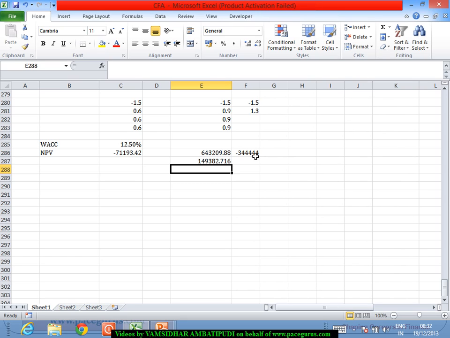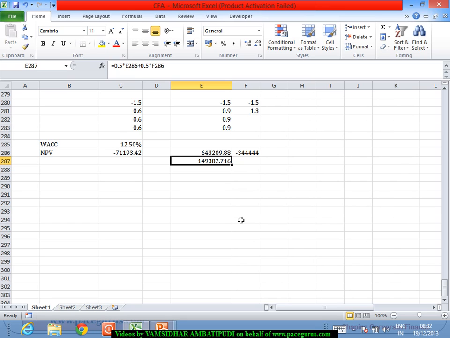If at all the option is present, and I am assuming that after that initially I am getting 0.9 and after that even in the next two periods also I am going to get 0.9, then the NPV is going to be this much, which is giving me a net NPV to the extent of